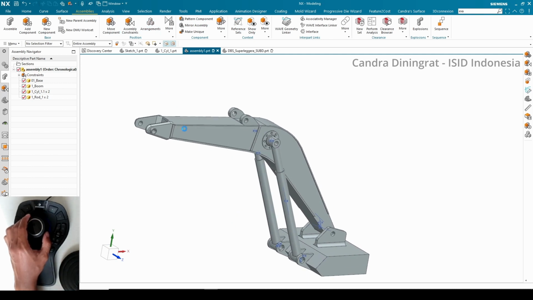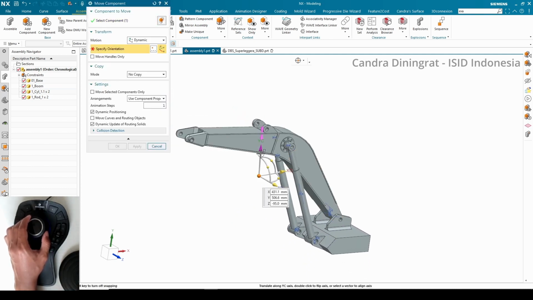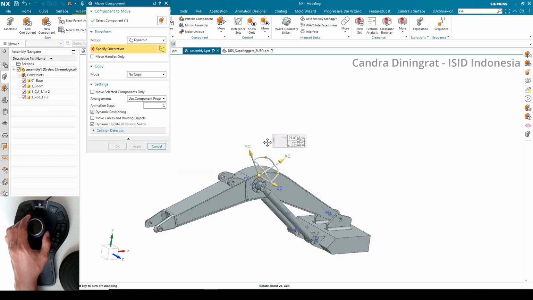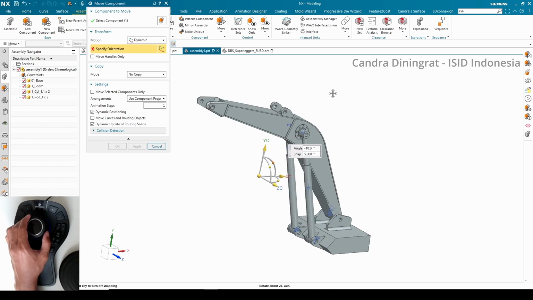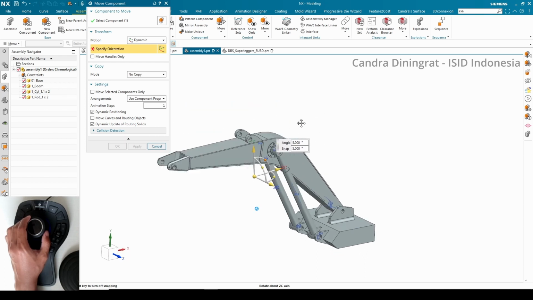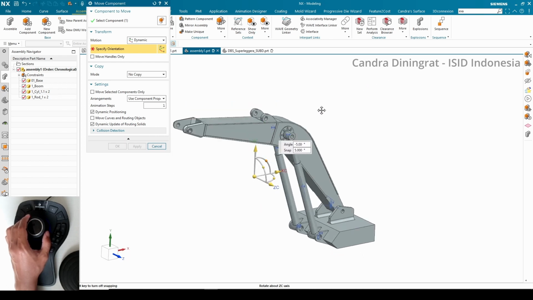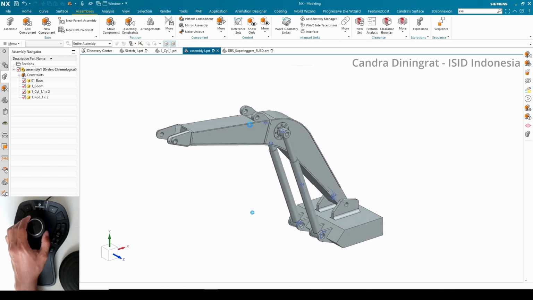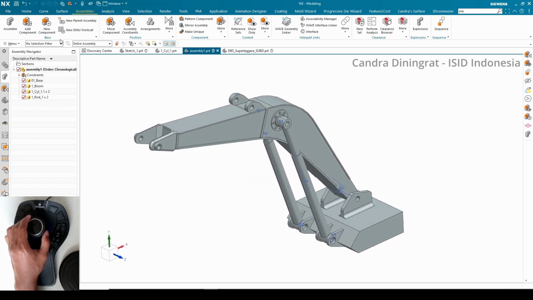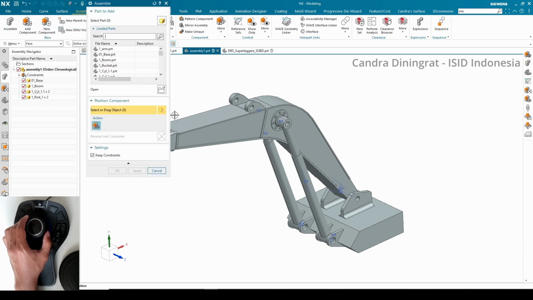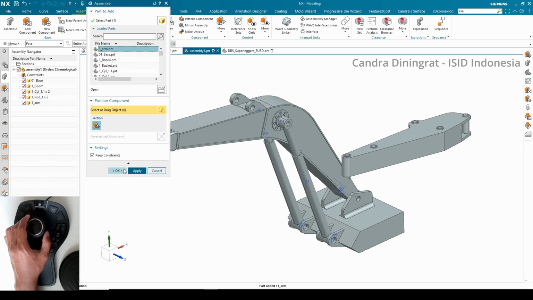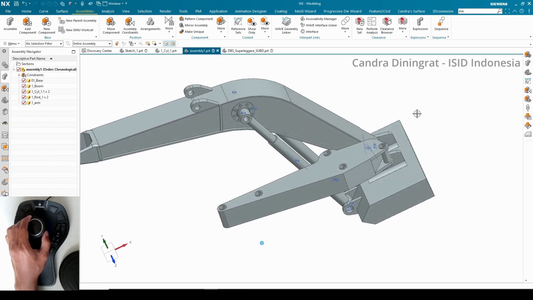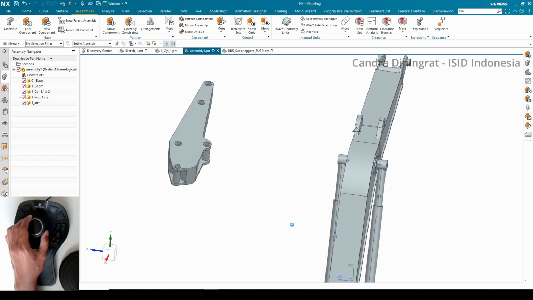we can check again whether our component is properly oriented or properly assembled by using this move component. You can see it's properly assembled, and let's add another component to this assembly. So for example, I will add the arm component, and I will attach